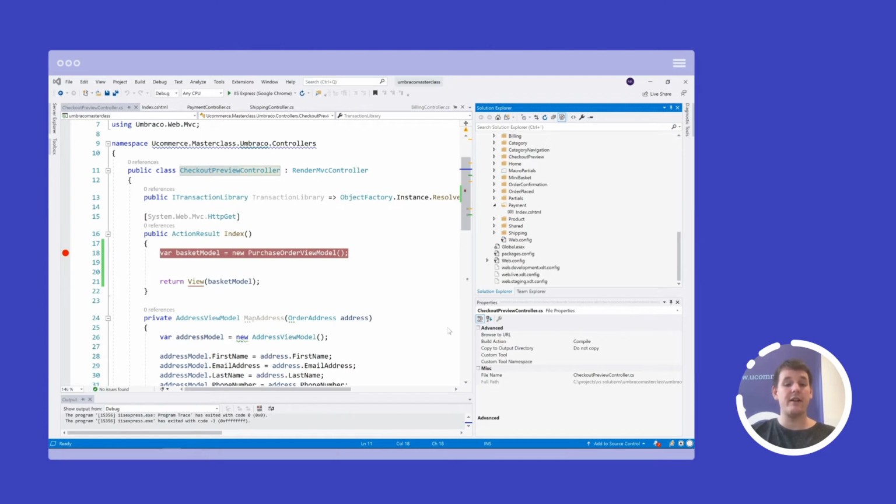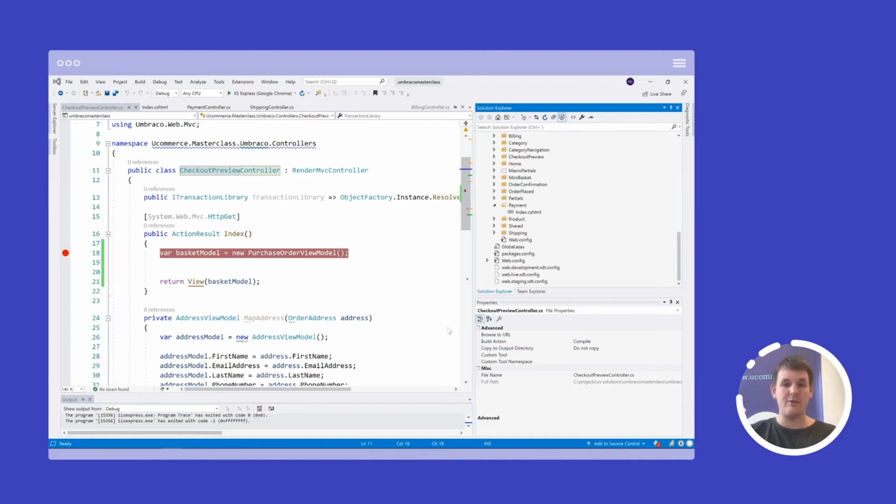Previously, we have created all the pages that we need for our checkout flow. This goes for the checkout preview page here as well. It's no different than what we have done throughout the different exercises. So we have an MVC controller here that we will be using. In this case, it's called Checkout Preview Controller, and that means in the CMS we have to set up the required content to make that call our Checkout Preview Controller. We've done this a bunch of times, so it doesn't need further explanation.